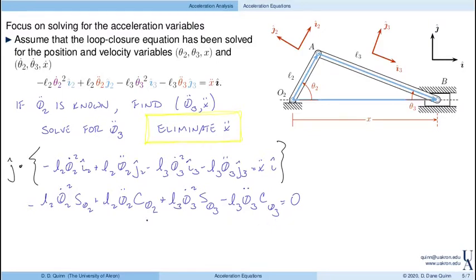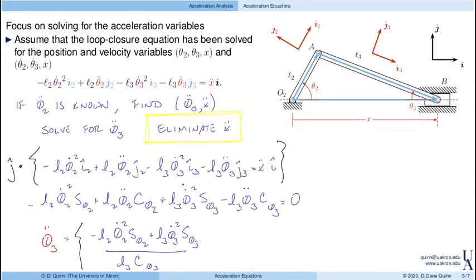So now I can solve for theta 3 double dot. Theta 3 double dot here equals, well, I'm going to group these things in the following way. Notice that we have two terms that depend on velocities, right? So I'm going to write those together. Minus L2 theta 2 dot squared sine of theta 2 plus L3 theta 3 dot squared sine of theta 3, of course, divided by L3 cosine of theta 3